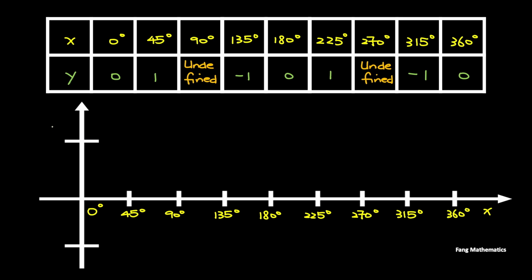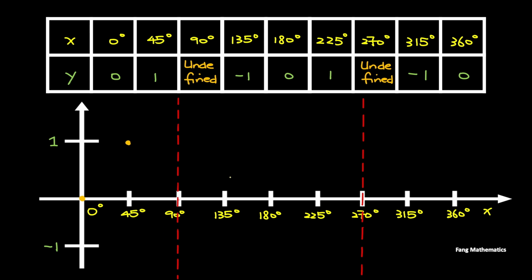And we are to mark the 2 marks on the y-axis as 1 and -1. Let's first draw the 2 vertical asymptotes we have at 90 degrees and 270 degrees, where the y's are undefined. We are to draw a vertical dashed line. And we are to plot the coordinates starting from 0 degrees, 0, 45 degrees, 1,